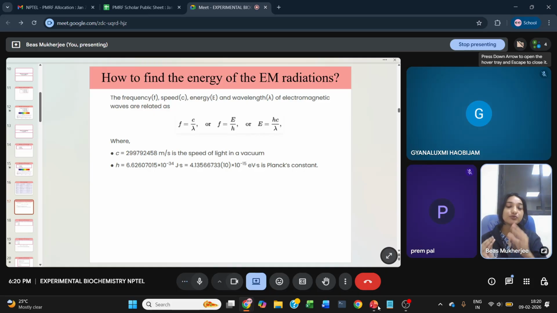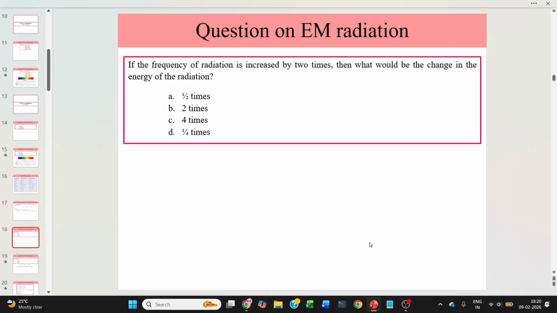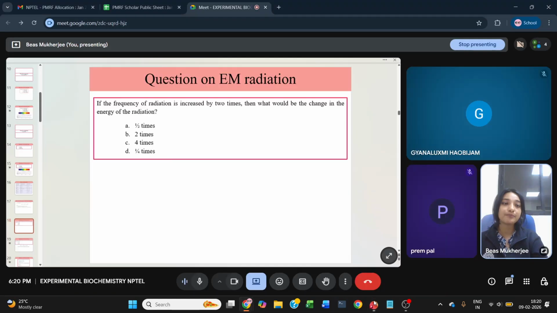So based on these two equations, you can very easily calculate the energy of any particular EM radiation if you know its wavelength, right? Because speed is the same for all. Now we try to answer this question. This is also a simple question. Whatever we talked about until now, just the last slide, if you keep that in mind,